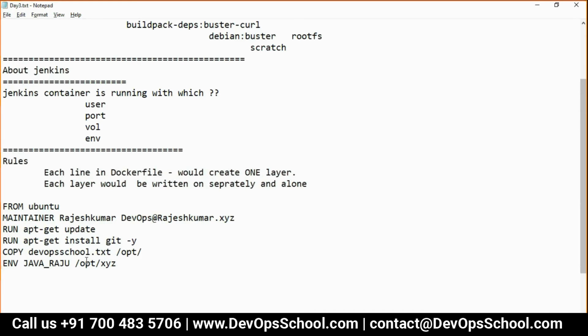Okay. Do you want to create a volume and mount it somewhere? Yes. What? VOLUME. Where do you want to mount? The same location.